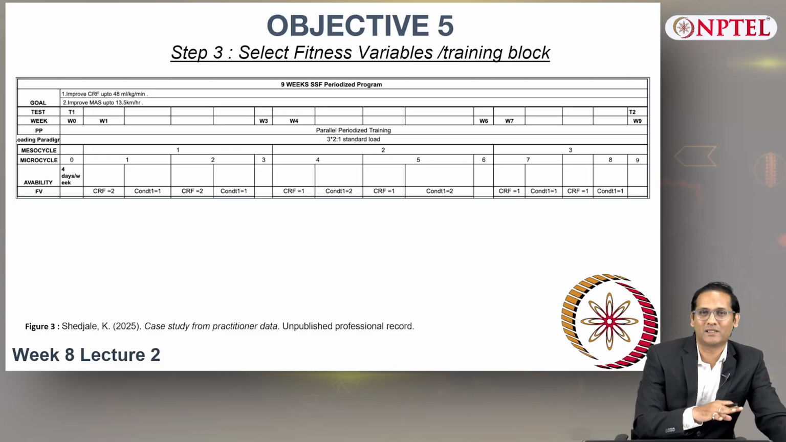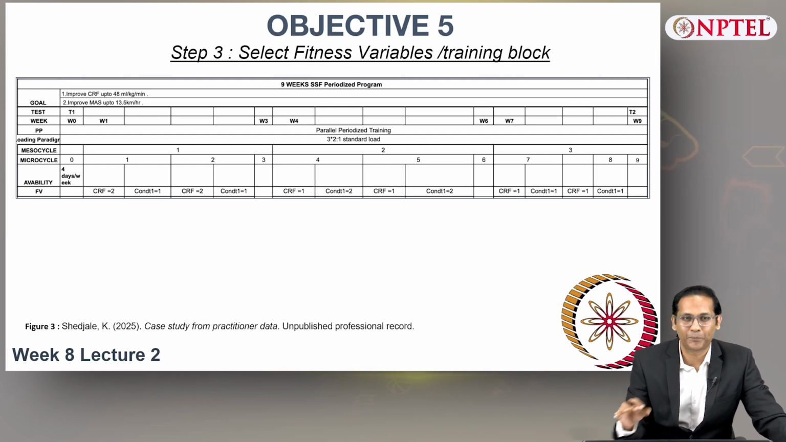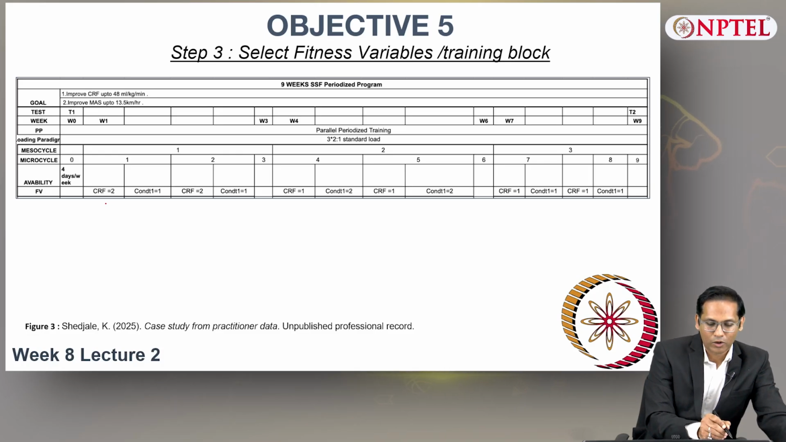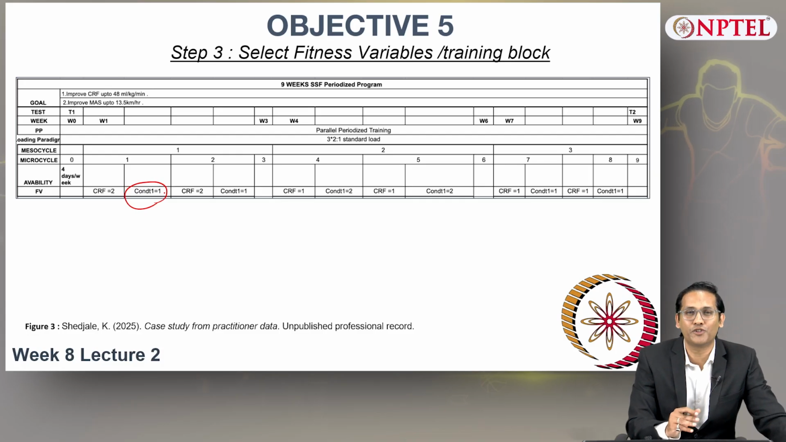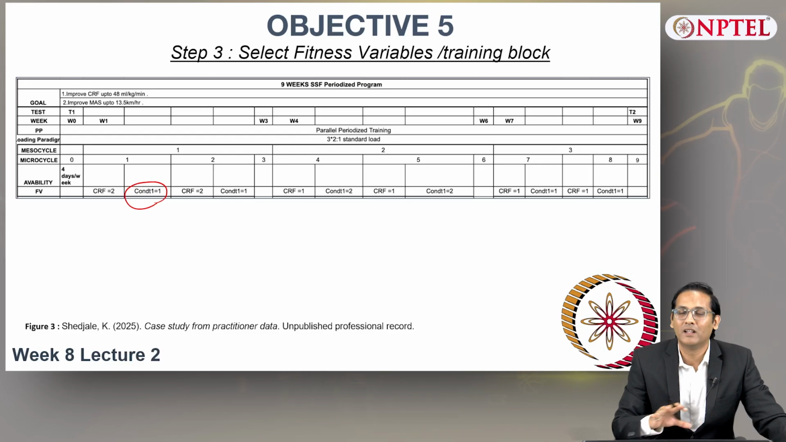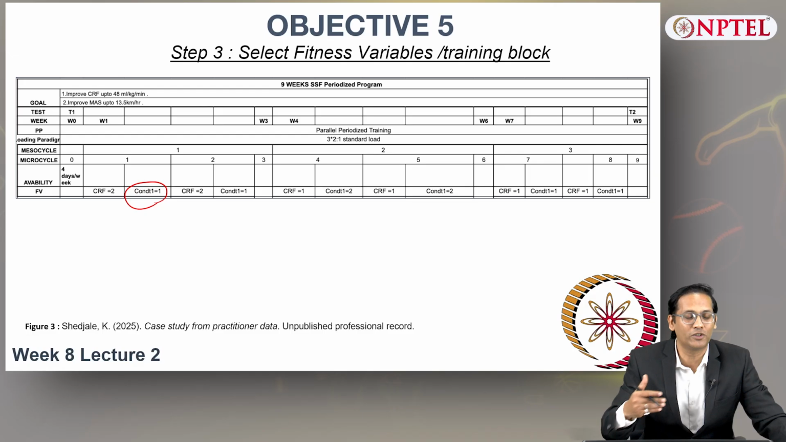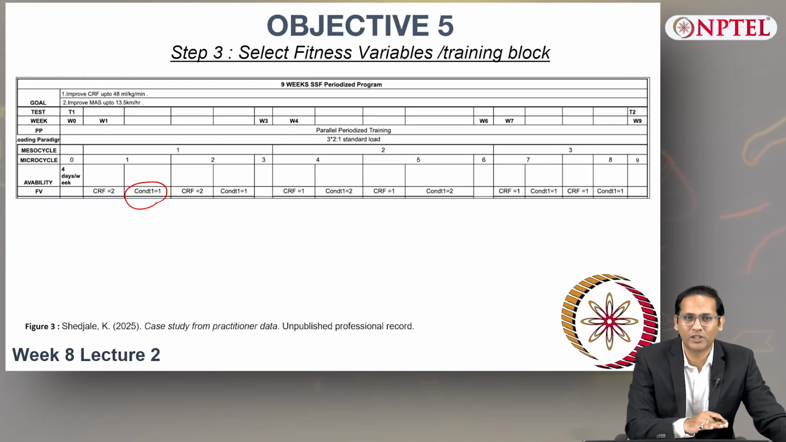Now this conversion is planned, organized in the 3 cycles. In the first cycle, 2 sessions for aerobic capacity and 1 session for aerobic conditioning. We start with 1 session of aerobic conditioning because before this 8 weeks of planning, the exerciser athlete was not doing a conditioning program, was not doing conditioning drills. So we start with 1 session a week